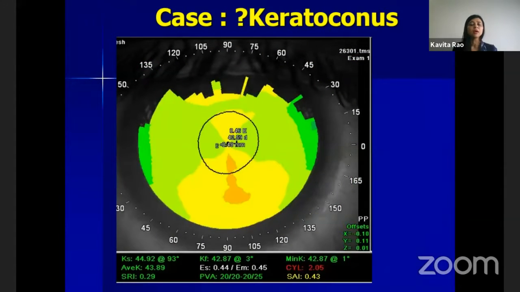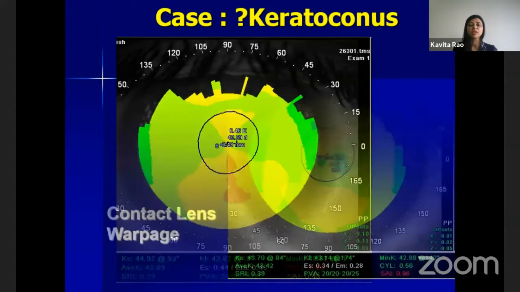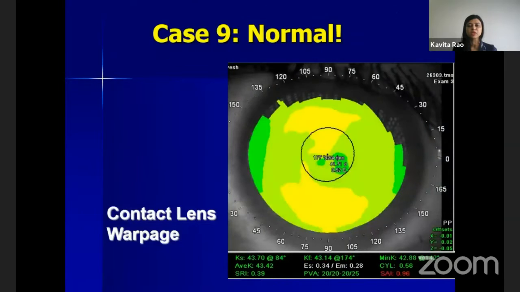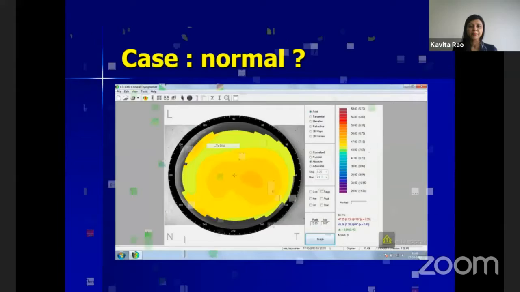Now this again, when you're working up the patient and you directly put the patient on the topographer and you get something like this, this is where it's important to look at your history. If the patient has been wearing contact lenses for a long time, then contact lens warpage itself can cause that. So make sure that you tell your staff to tell the patient coming for LASIK workup to be off lenses for a minimum of 48 hours, preferably longer, preferably a week, and if it's rigid lenses, then definitely longer than that.